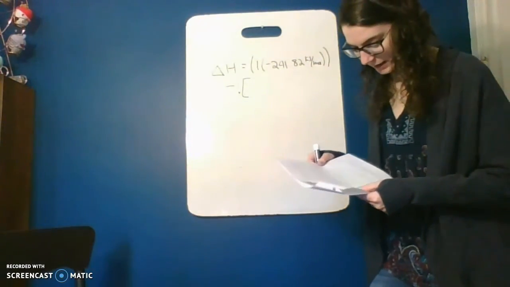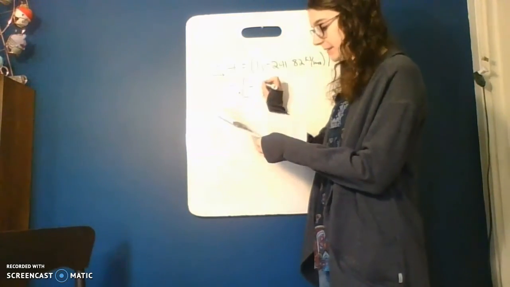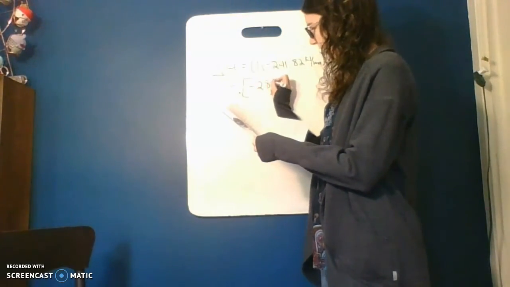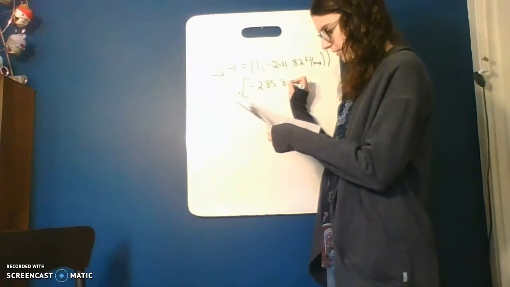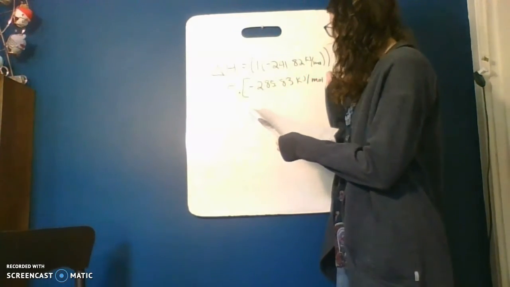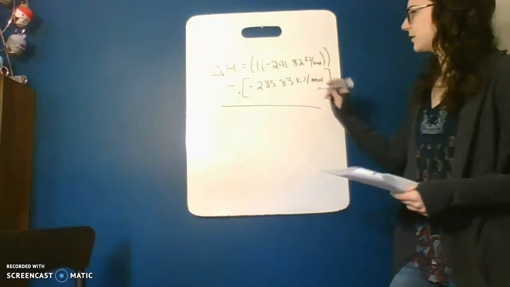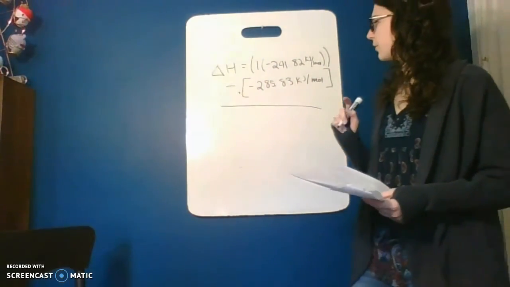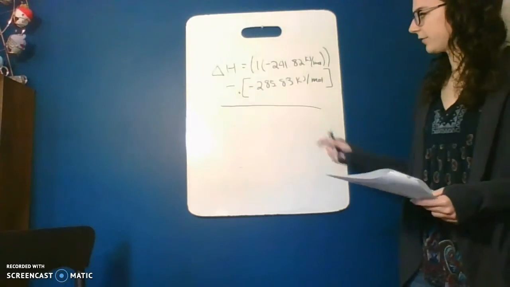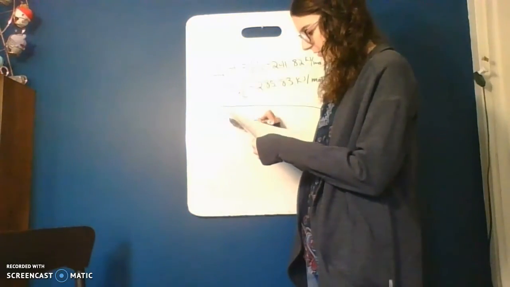If I look in the back of my textbook, that is negative, well, it's really 1 times negative 285.83 kilojoules per mole. Okay, I plug that into my calculator, so negative 241.82 minus negative 285.83, and I get a delta H equal to